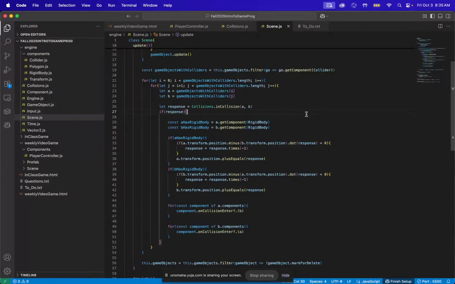and we say, if A and B are in collision, then we get the rigid bodies. But remember, this response variable can either be false, which would say skip this if statement, or a valid vector 2, which, since it is a valid vector 2 or some number, we can treat as true. It's a weird thing about some languages that if you just put a number in there, it's going to say it's true. But now if A has a rigid body component, what we could do is